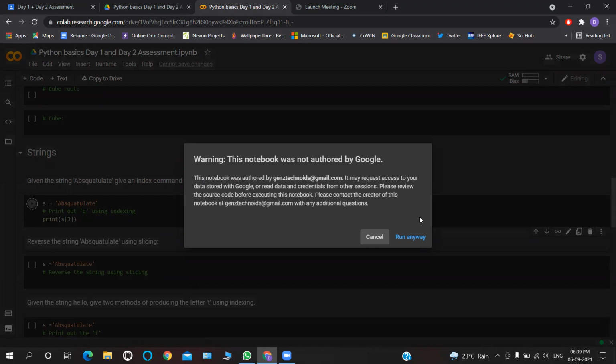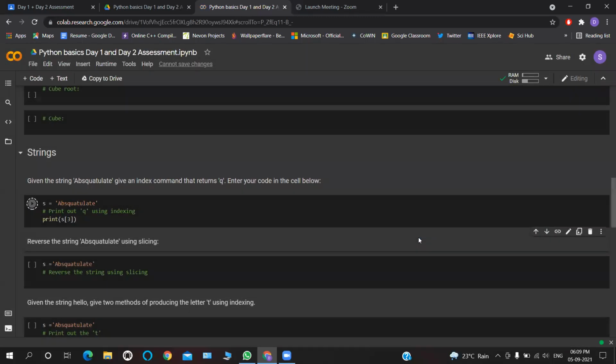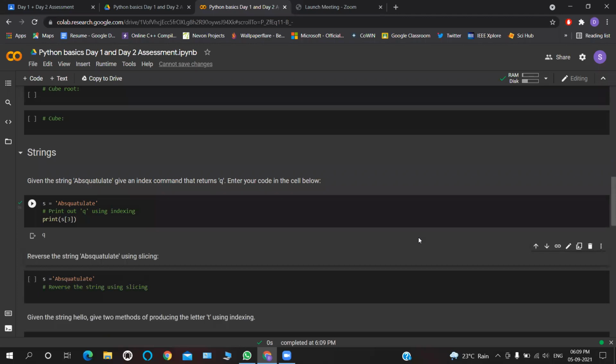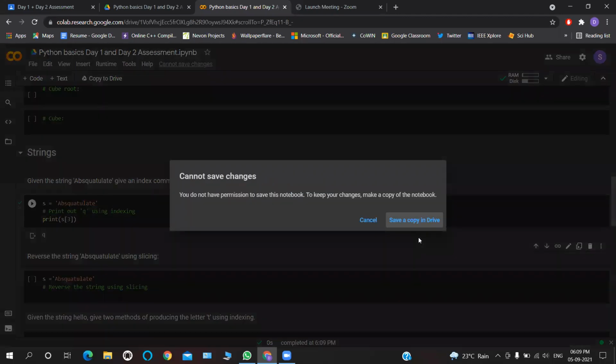this is actually not your own Google Colab notebook, because it is the shared Google Colab notebook. So you'll not be able to straight away run it yourselves. So you'll have to say Run anyway. And another catch here is when you want to save the notebook and you say Control S, you'll not actually